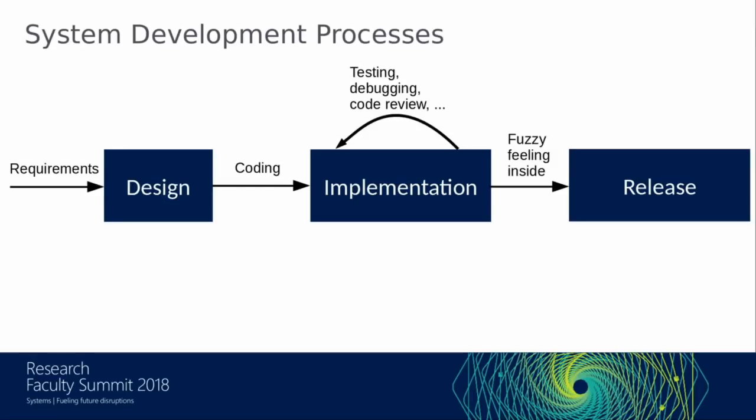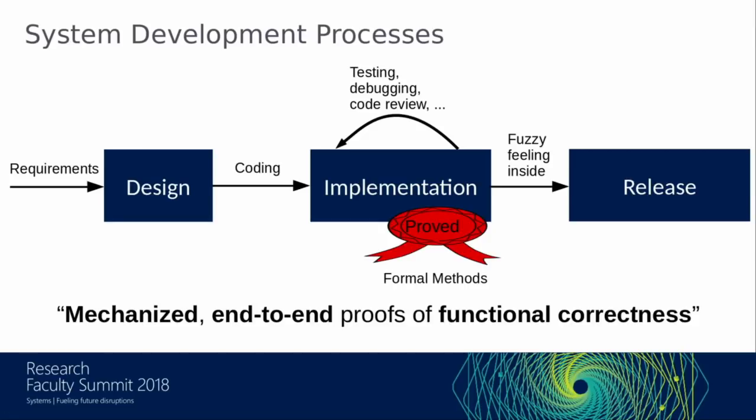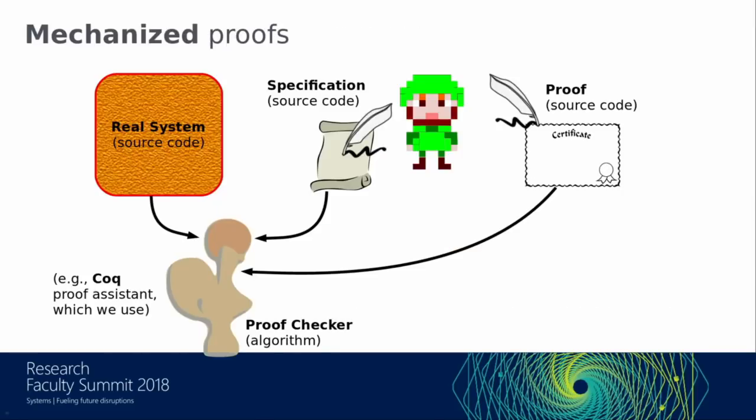So the standard story of formal methods is that we have it as an alternative kind of quality control that we apply without really changing the parts of the implementation approach that would normally be used, but we're going to do some extra work to prove that the system really does what it's supposed to do. And in particular, especially for my own work, what I'm talking about here is mechanized end-to-end proofs of functional correctness. So let me take a few slides to briefly summarize what I mean by those words, and then I'll get into some more applications of the approach.